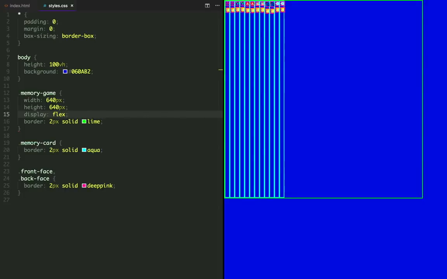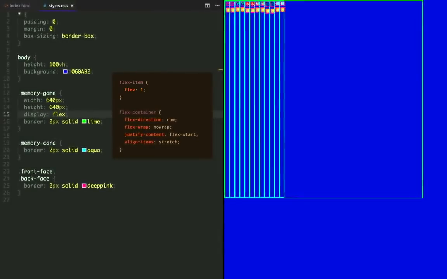So what's going on here is that when we apply display flex to a container, we kind of get some other properties set for us by default. What those properties tell our items is, each one of you will take the same amount of space in the screen. And to the container it says, your items should be laid out in a row, and just one row. And they're going to be positioned from left to right, and they will be stretched out across the container's height.